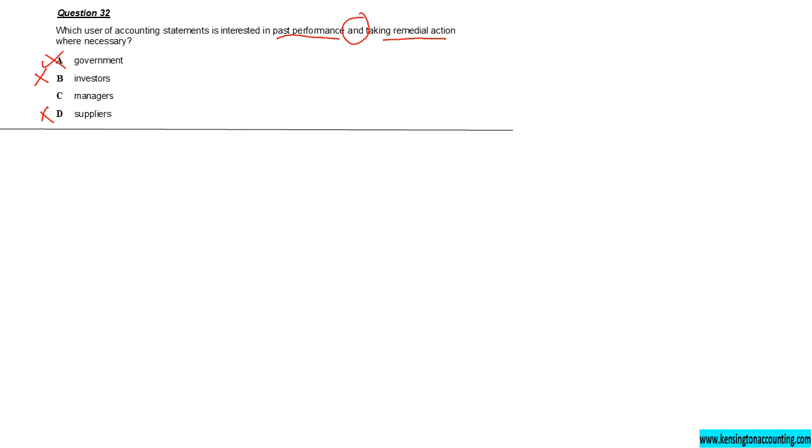And in case the business is not going in the right direction, they'll be very much interested, both because that's their responsibility, and also to save their own jobs and that of their colleagues. So the manager is a user of information who would be interested both in past performance and